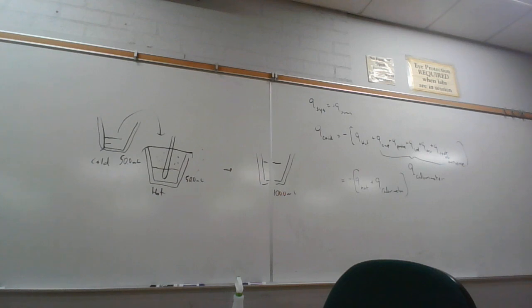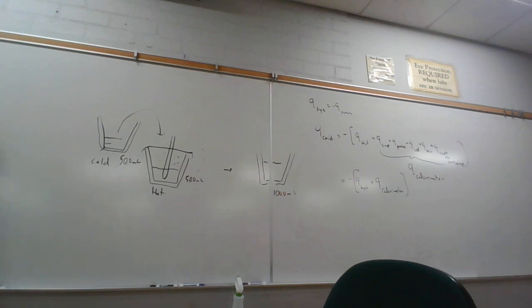And so what I'm going to do is this. Q of the cold water, what is that equal to? Q of the cold water is equal to the amount of cold water. It should be in grams though. 50.0 milliliters is how many grams of water? 50. Yeah, so we'll just convert it straight. That's 50.0 grams of water times C. A lot of people have the specific heat of water memorized. It's 4.18 joules per gram degree C